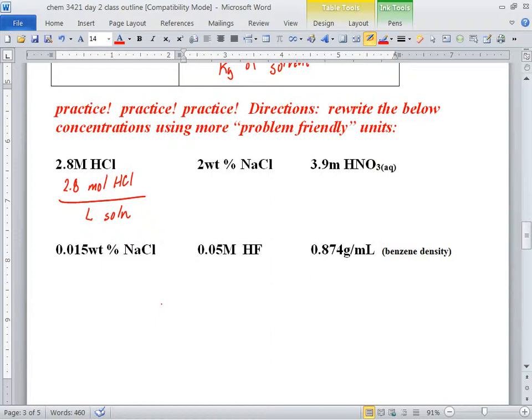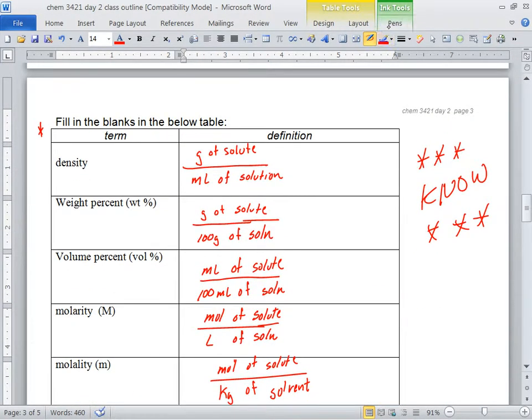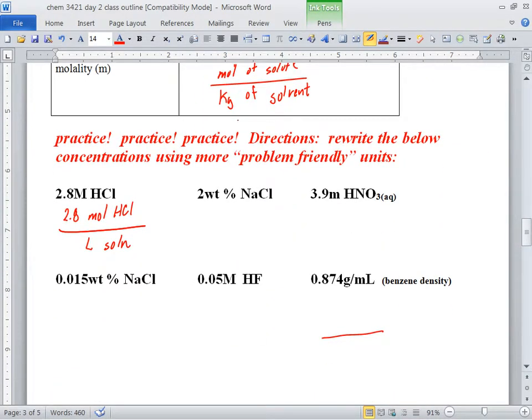Leaving it like this doesn't help us solve the problems. We need to write it as what? Ricky, what would you write this as? What over what? Besides kilogram per liter? It has grams per milliliters in it. Follow the density idea. The density idea is grams of solute over milliliters of solution. I guess solute really doesn't make much sense, but. Yeah, I was just confused. What is the substance? Benzene. So we're going to write 0.874 grams of benzene